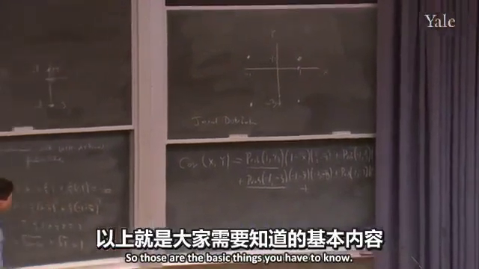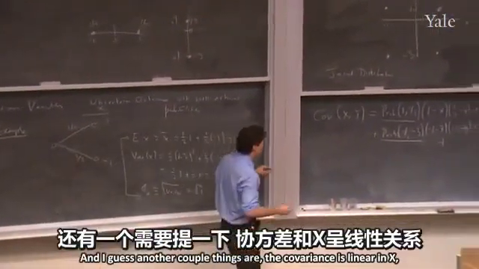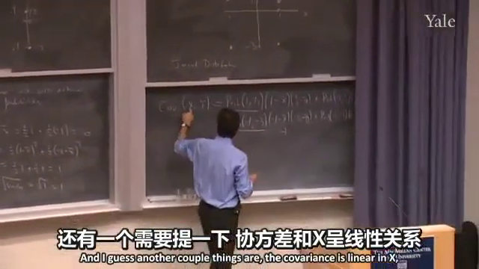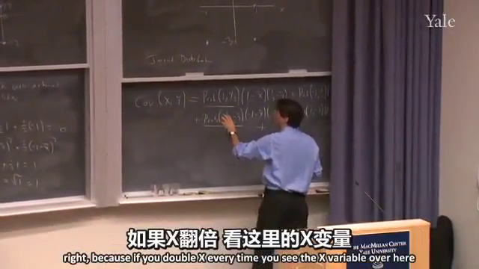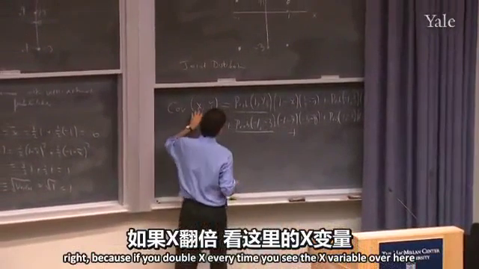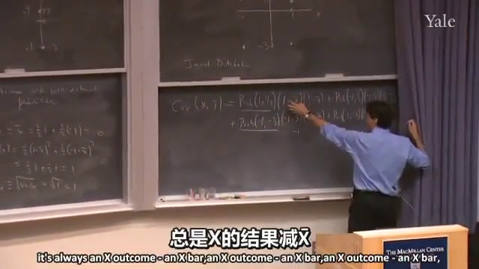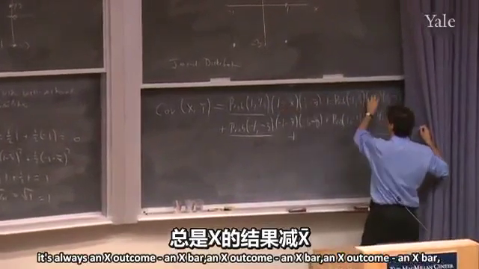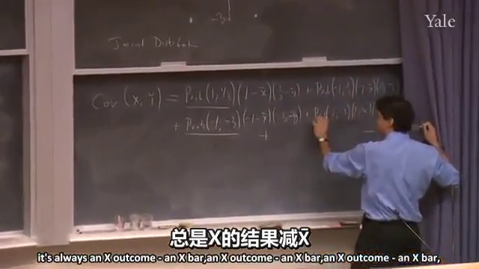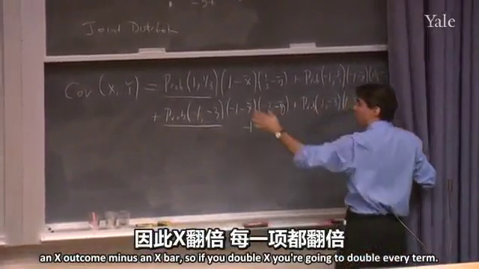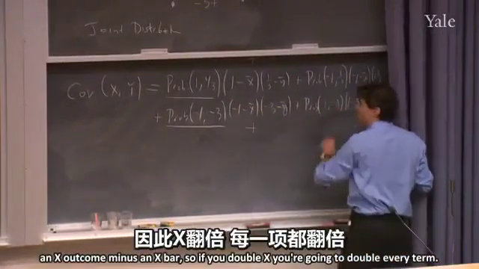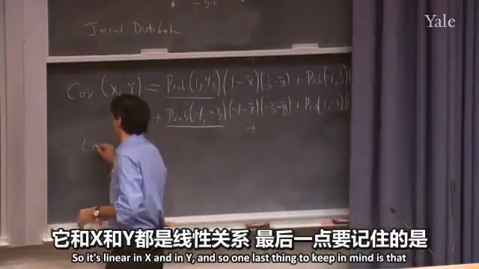Okay, so those are the basic things that you have to know. And I guess another couple things are the covariance is linear in x, right? Because if you double x, every time you see the x variable, over here it's always an x outcome minus an x bar, an x outcome minus an x bar, an x outcome minus an x bar, an x outcome minus x bar. So if you double x, you're going to double every term. So it's linear in x